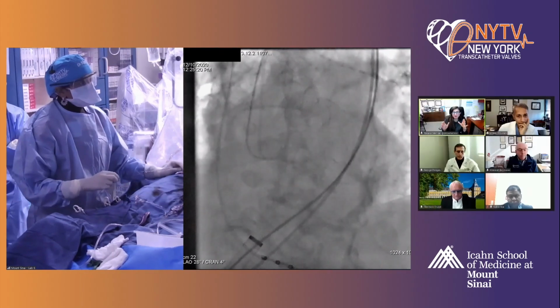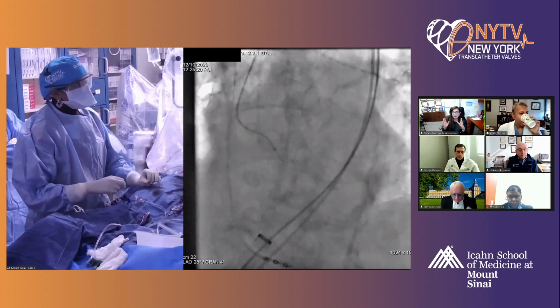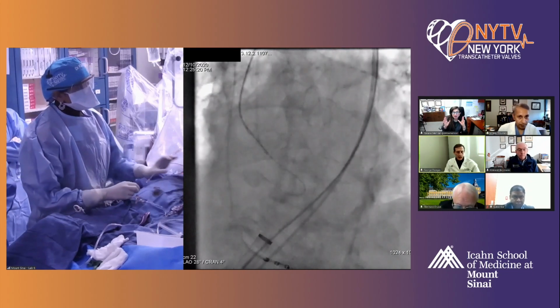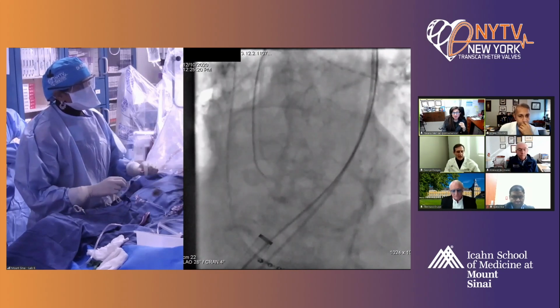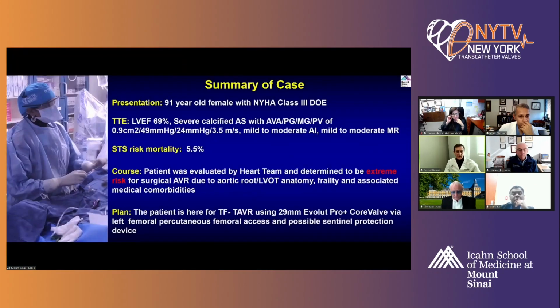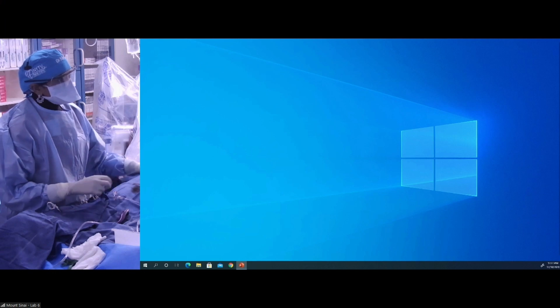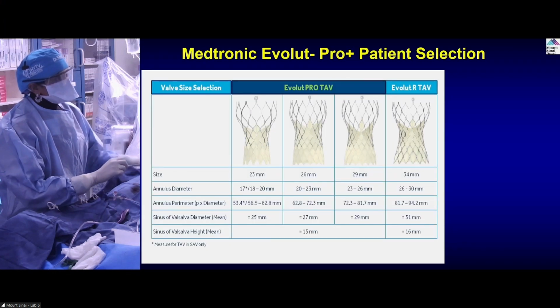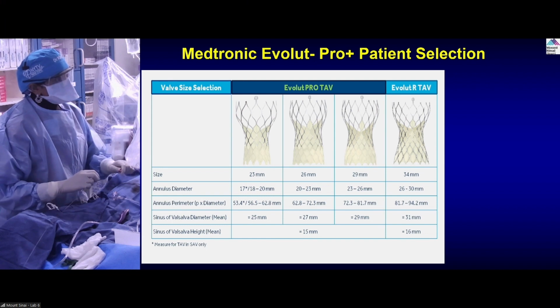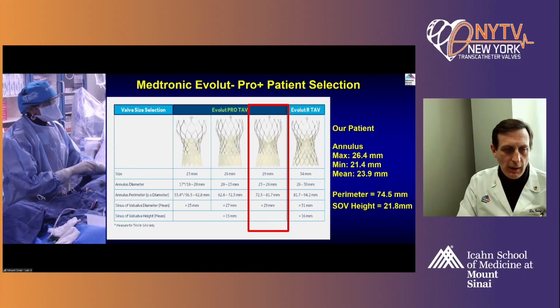So let's talk about that because many people are not clear about this cusp overlap. So who wants to explain it really well? We have a slide. George, do you have a slide on that? We have a slide. Can we go to the slides and show the cusp overlap slide because we anticipated this discussion coming up. Can we see the slide, please, regarding the cusp overlap? There are some technical detailed slides that we need to show. That's going to come up during the discussion. This is a patient selection. Very good. Next slide. Yeah. No, but did we add it to the slide? Unless it was separate.